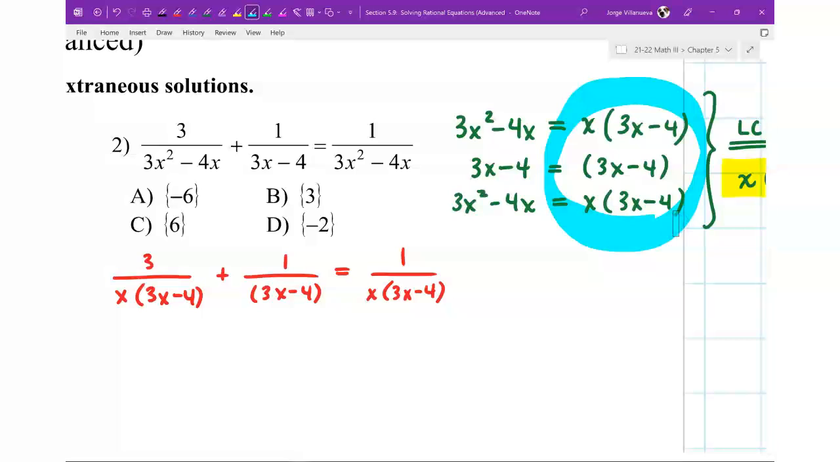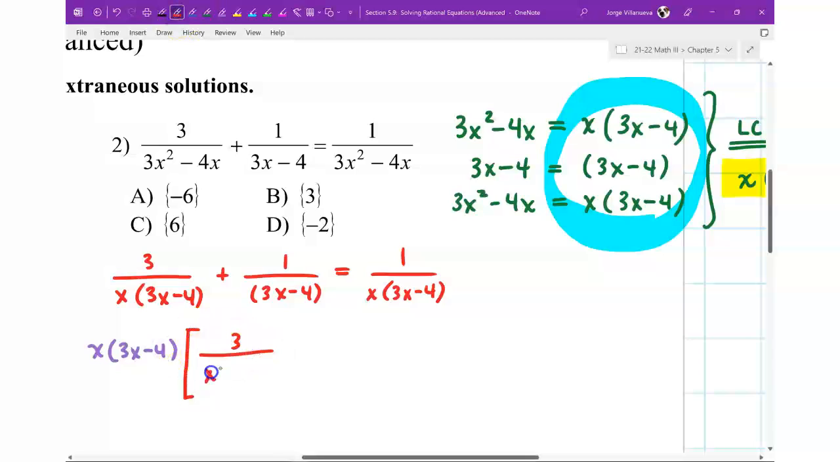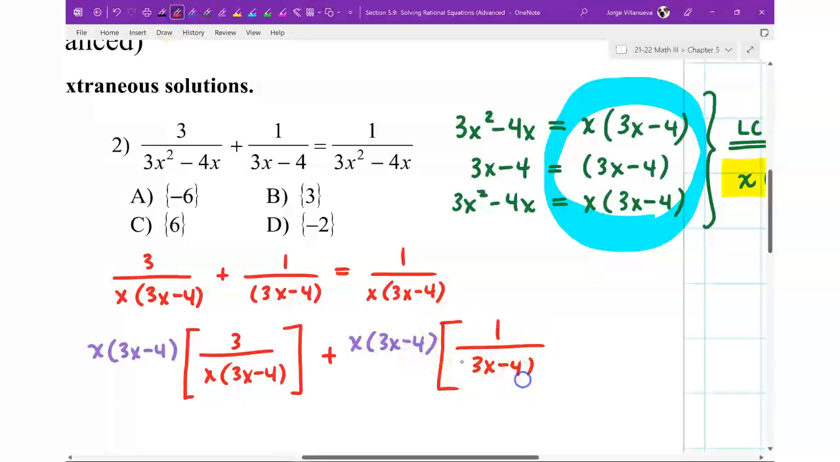Now, if you guys remember yesterday, my next step was to multiply everything by my LCD. So, my LCD is x times 3x minus 4. And I'm going to multiply that times 3 over x times 3x minus 4. Plus, notice I'm using brackets because there's parentheses already, so I just changed the type of parenthesis. Plus, let me multiply by my LCD, x times 3x minus 4 times 1 over 3x minus 4